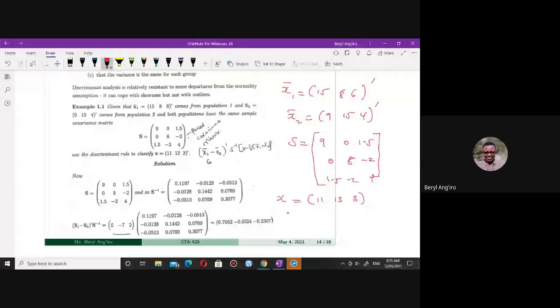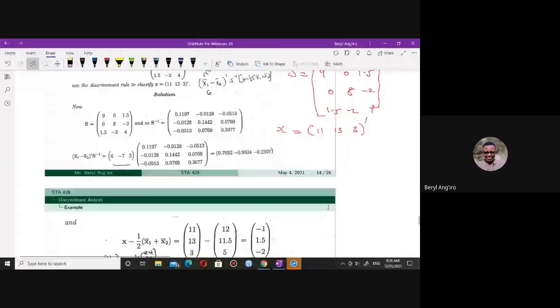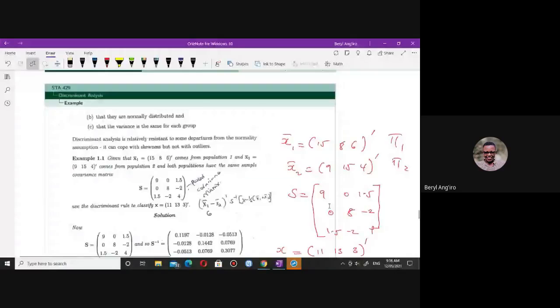So we are given that this mean comes from population 1, and this from population 2, and they have the same variance, which is given by that. We need to classify a new object X, which is (11, 13, 3). You check in which population it belongs, whether population 1 or population 2. To do this, we need to know that the value of W is positive. If the value of W is